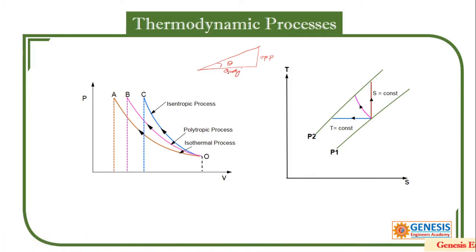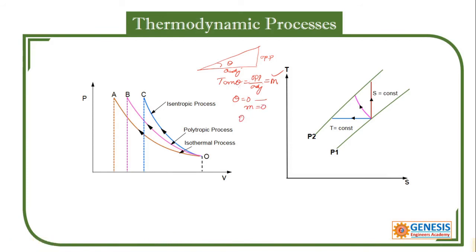Now tan theta is equal to opposite side by adjacent side, that is equal to m. I use m as the slope. If theta is equal to 0, what would happen? Tan theta is equal to sin theta by cos theta. Sin theta is equal to 0, so therefore the slope is 0.